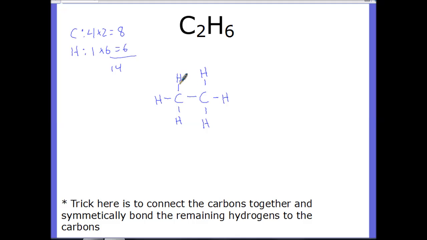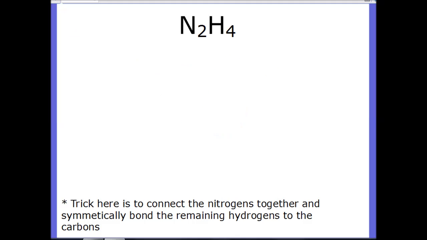Okay, and let's take a look at this. Each hydrogen is good. 2, 4, 6, 8 around this carbon. 2, 4, 6, 8 around this carbon. And this is the correct Lewis structure for C2H6. Okay, let's take a look at the next one,